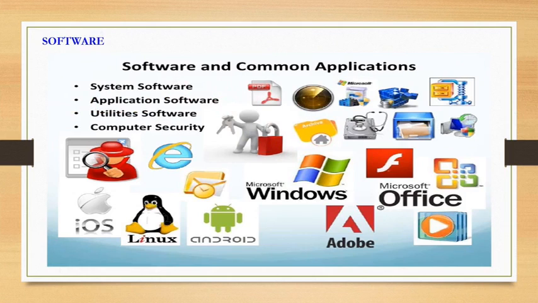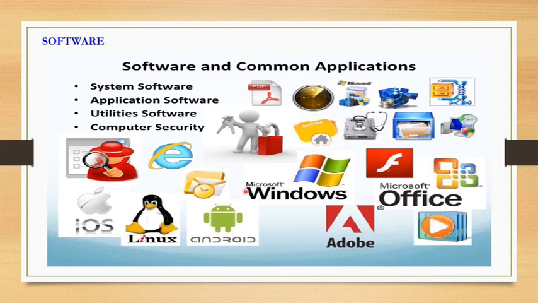Next part is software. The instructions needed by a computer to do the work, and which we cannot see or touch, is called software. It is an important component of computer because hardware cannot work without software. So software is a must. You might have seen Windows software, Adobe software, Android which we use for mobile phones, Windows Media Player, Internet Explorer, PDF Viewer, Microsoft software. All these are softwares.